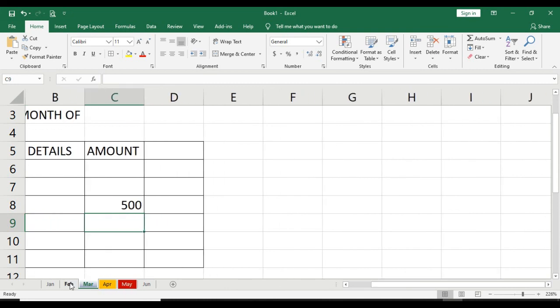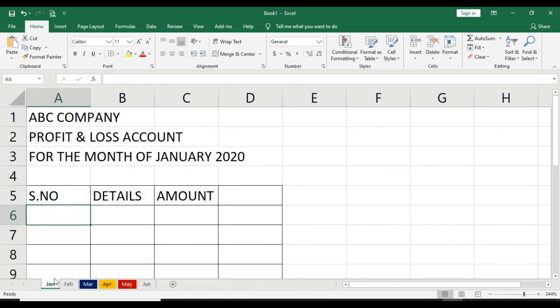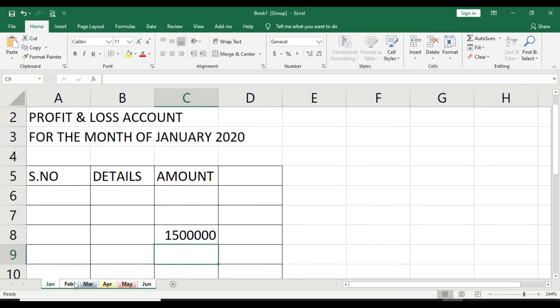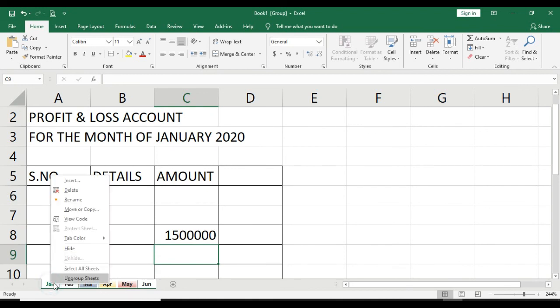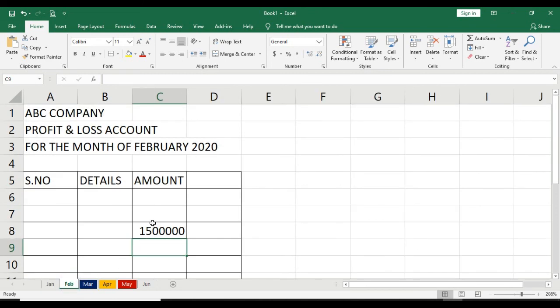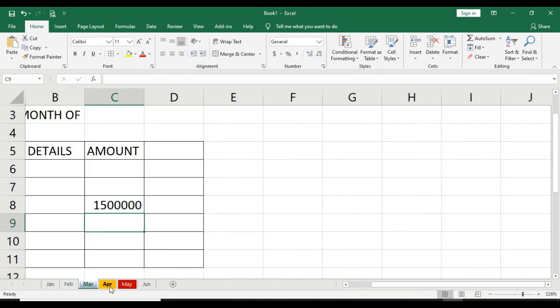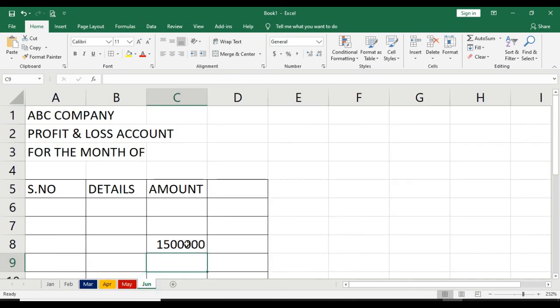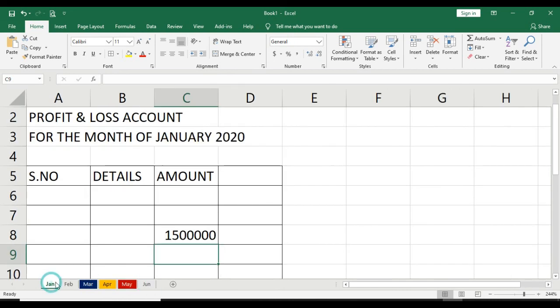You have data here and you have data here also. Now if all my sheets are grouped and I change anything here, it will change in all sheets. If you come to February, see, here also, nothing was there, it is also written here, and here also there was nothing, but now you can find the values.